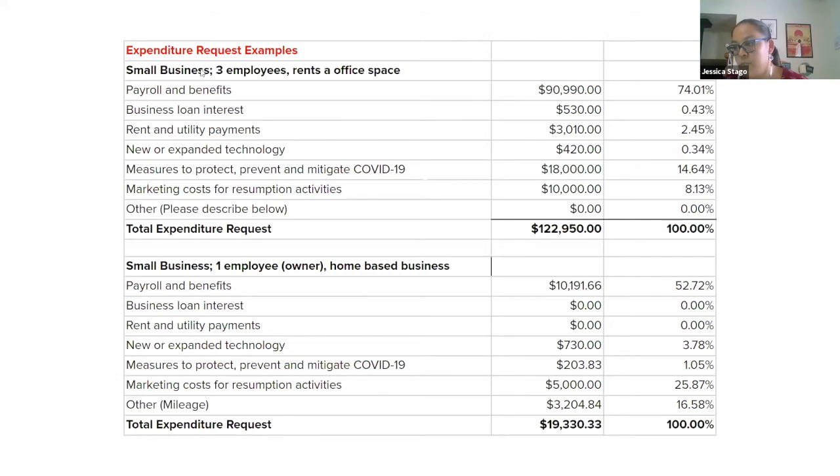So this is for a small business. The first one is for a business that might have 3 employees and rent an office space. On the application, they want the dollar amount, which is on that second column, and then they want the percentage, which is on the third column. And so I put down for payroll and benefits, $90,990, business loan interest of $530, rent and utility payments, $3,010, new or expanded technology for $420,